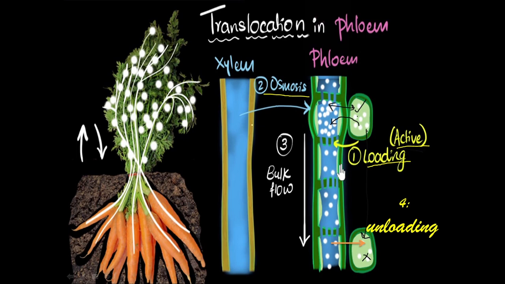Now, when water is continuously flowing from the xylem into the phloem, what happens? This particular region in the phloem will be filled with water, or there will be more water here. It will start to swell up. So here you can see in this particular region it has started to swell up. So what happens in order to balance this? The solution, holding together the water as well as the solute particles, will start to move to a region where there is a lower pressure, because in this particular region the loading and osmosis is not happening.